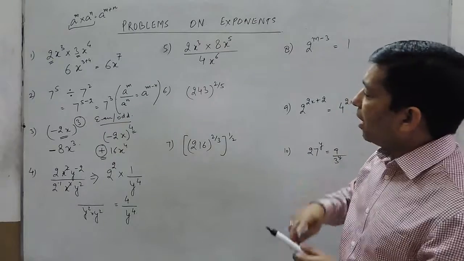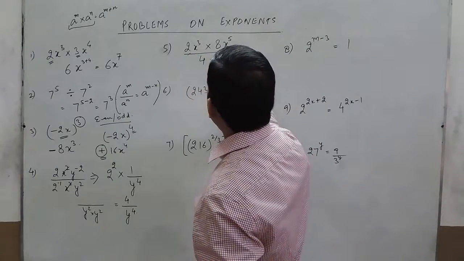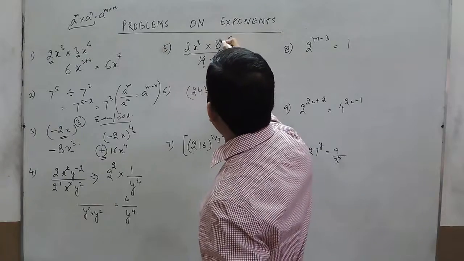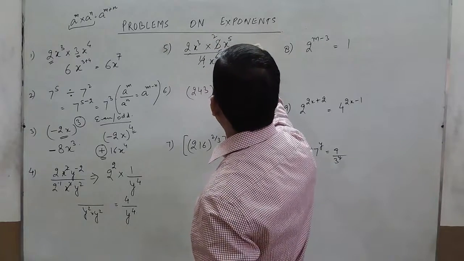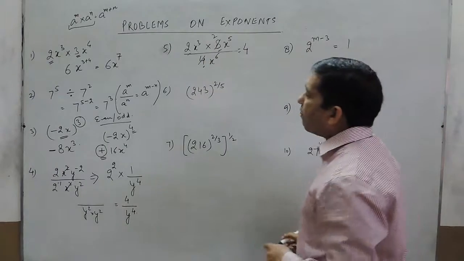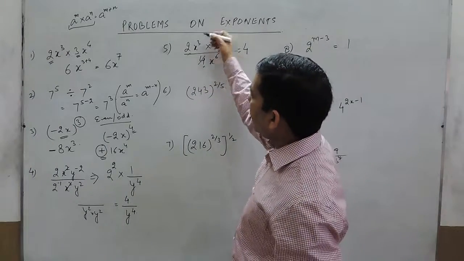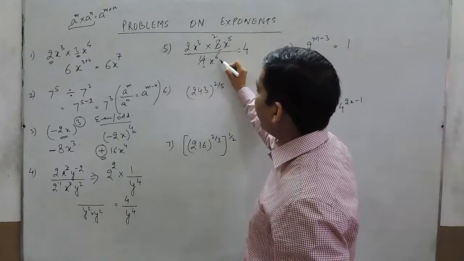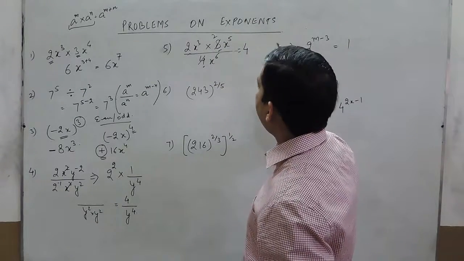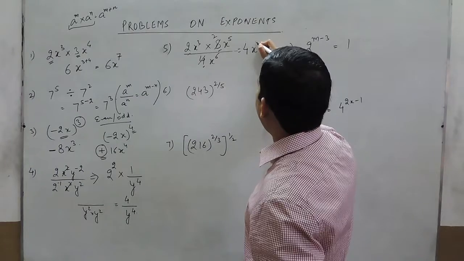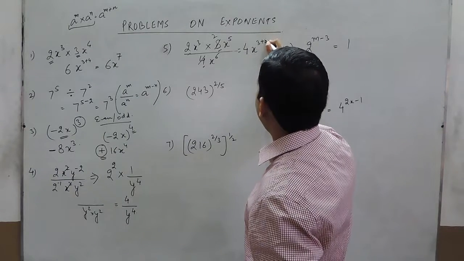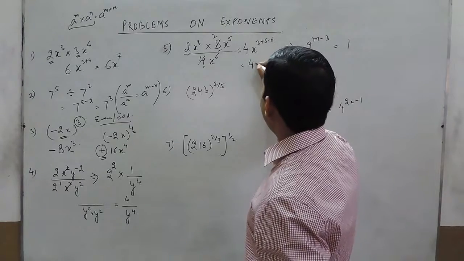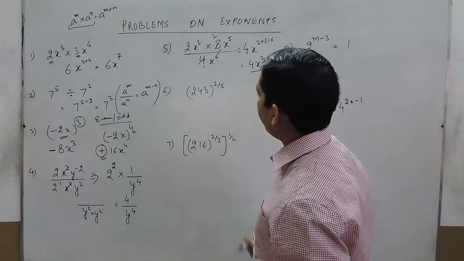Now again, as we know that these are the numerical coefficients, on one hand we have to solve the numerical coefficient. So it comes out to be 4. The powers of x, when they are in the numerator, should be added. So 3 plus 5 is 8, and this 6 when goes in the numerator has to be in the negative format. So 3 plus 5 minus 6. So it will come out to be 4x square.